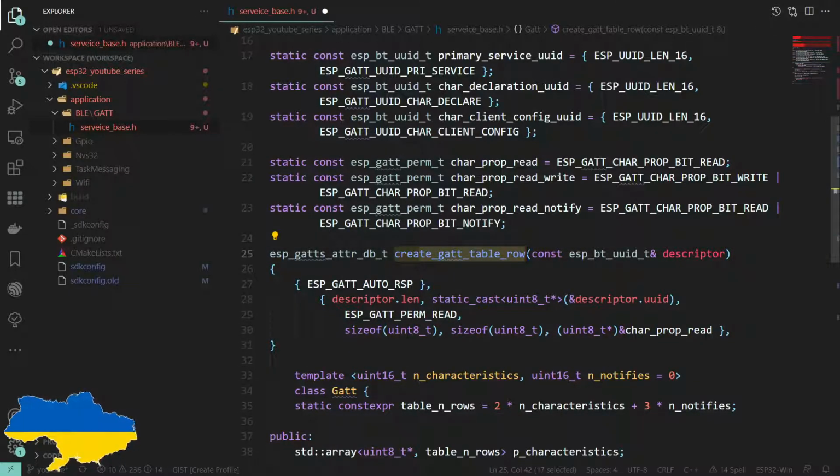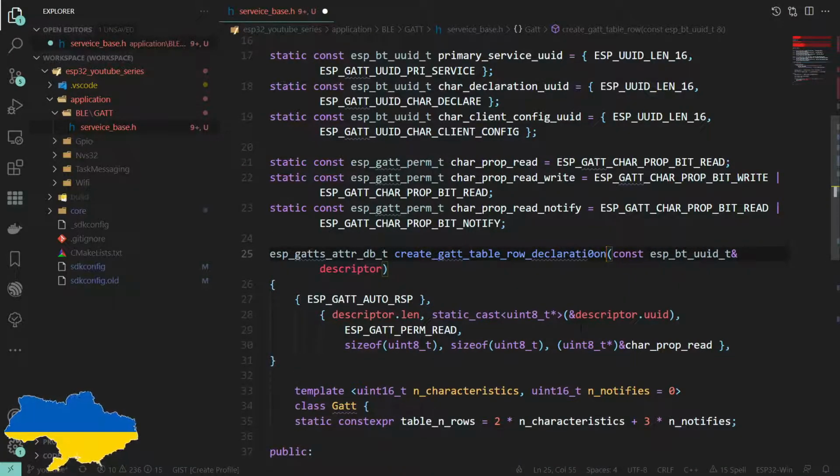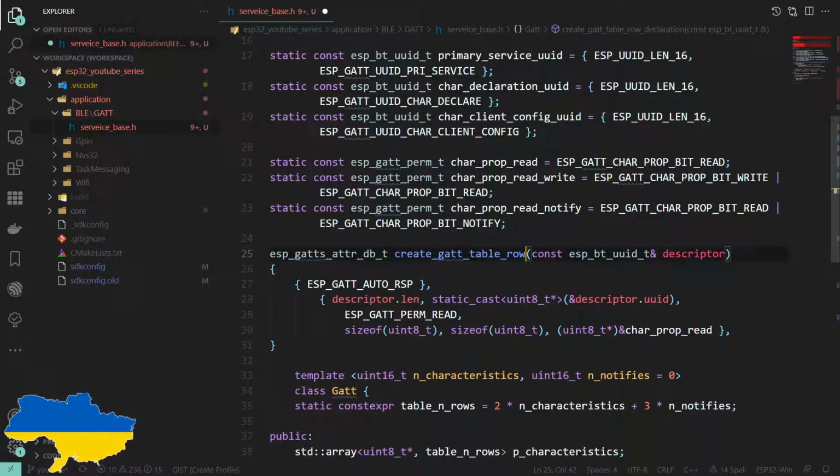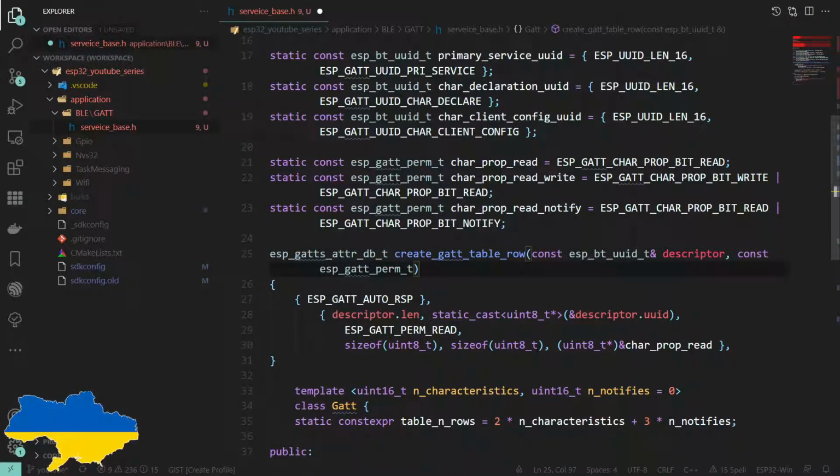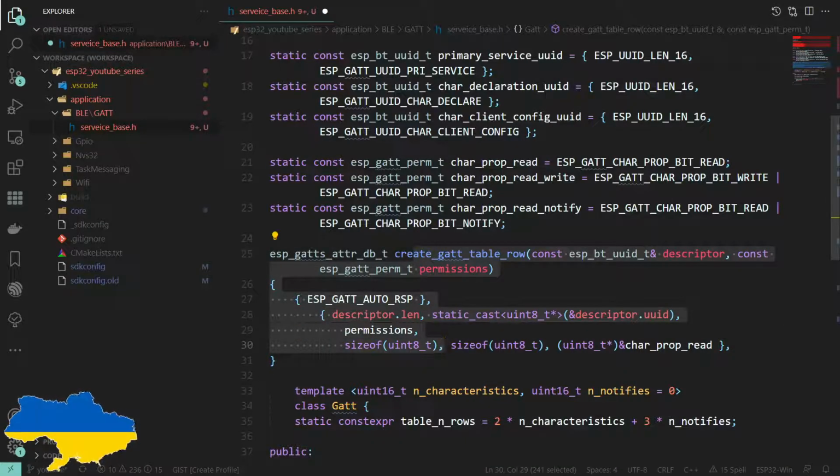We're creating a get table row that is a declaration in this. No, I'm right. I'm being a dum-dum. There we go. Yeah, we're going to pass. This is generic. That's the whole point. I want this to be generic. So in go the permissions, and they go straight into this struct that is this data type here.